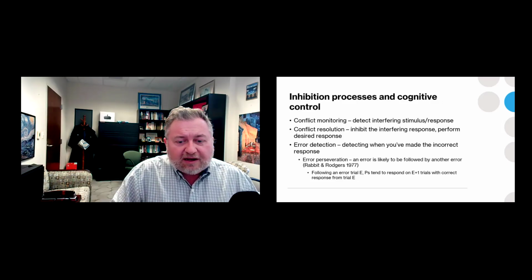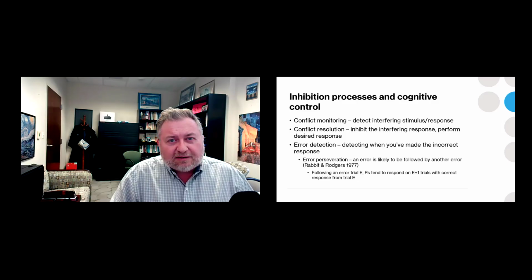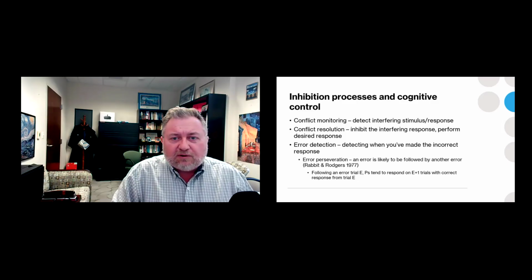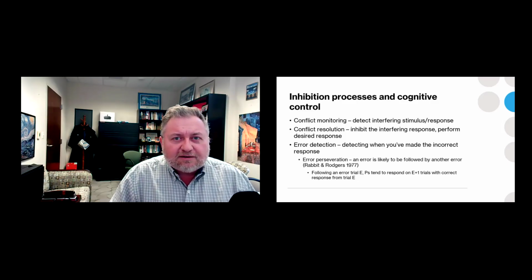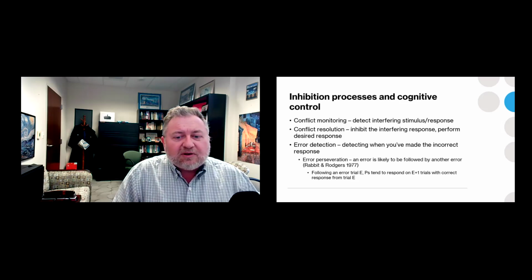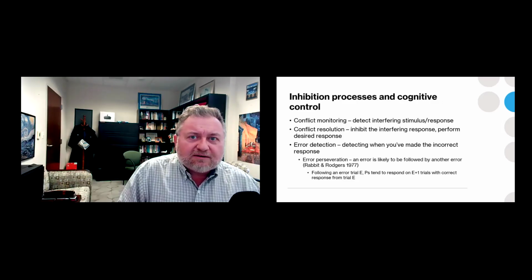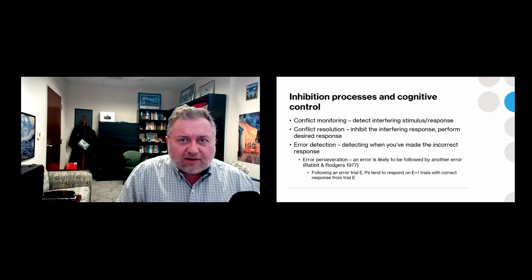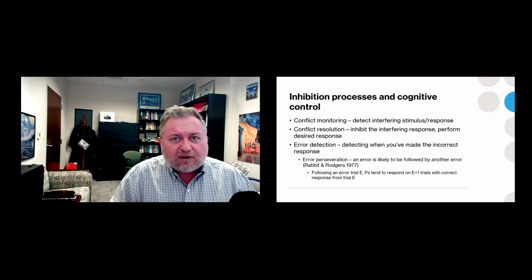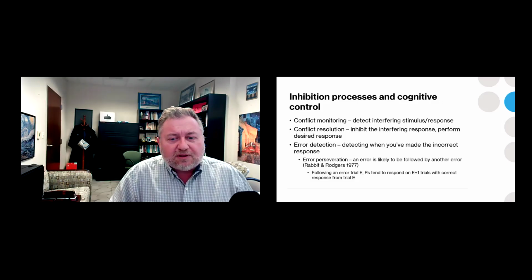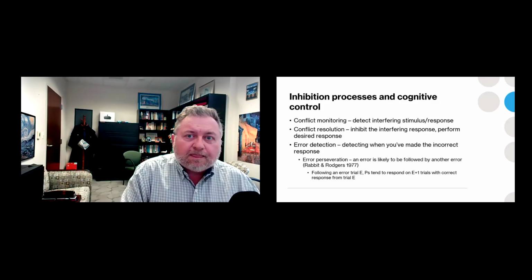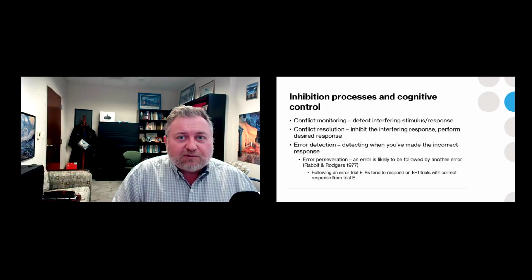Then what's going to happen is that on the next trial, even regardless of what the next trial is, I'm going to have a tendency to try to press the left button. Why? Because the left button was supposed to be the correct answer on the trial I made a mistake, right? So I pressed the right button even though I should have pressed the left. And so when the next trial comes along, I'm just going to have a tendency to try to press that left button because I know that was the previous correct answer that I should have done.